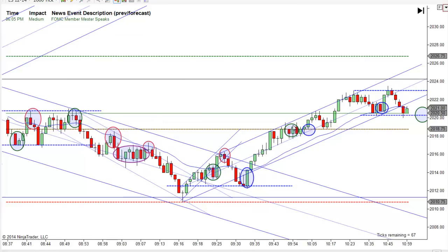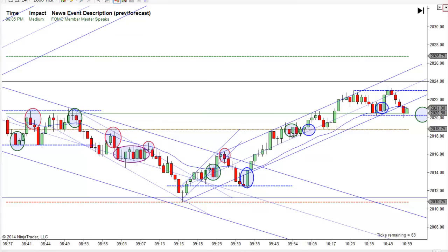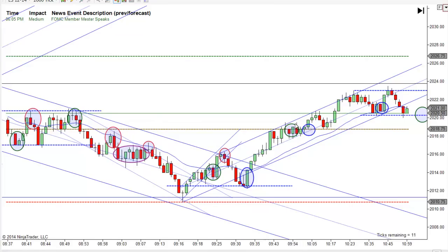I'm not crazy about that long because there's so much overlap again, and you've moved a good bit. You've been away from the EMA for a long time. But if you're aggressive, you're probably going to take that trade. And you could put your stop right below it, and you never got triggered, and it goes higher. But if you missed that one,